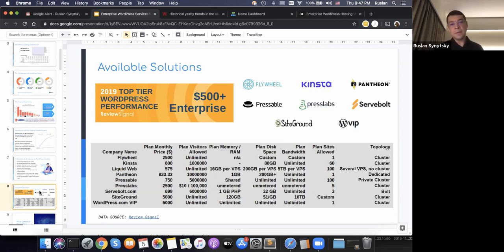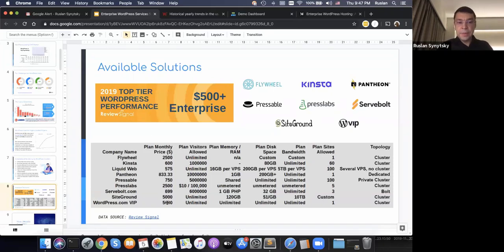In this presentation, we are focusing specifically on large configurations, on enterprise kind of offerings. You can see the names of companies that already offer a solution for large projects, and the information is quite interesting.